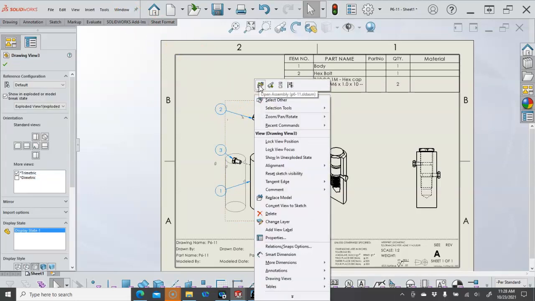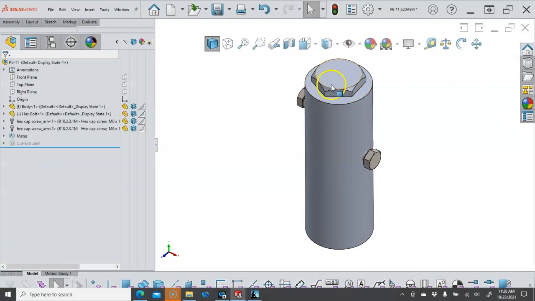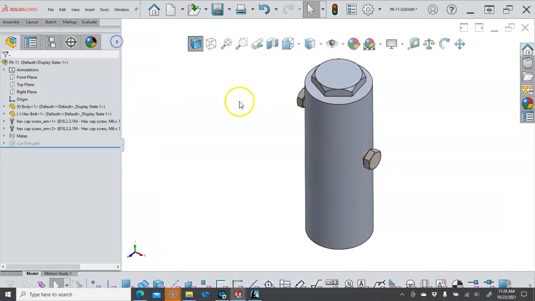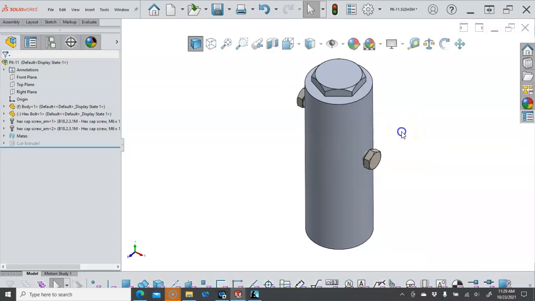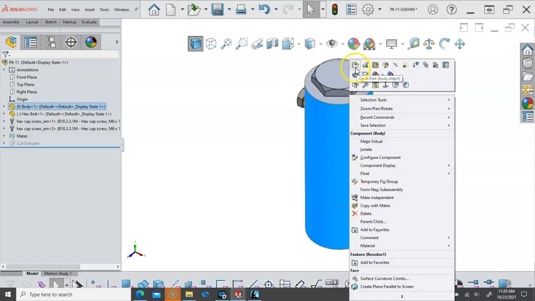Alright, so the other thing that it did follow it. Alright, interesting. So let's open the assembly back up. Go ahead and collapse that. Go over to my properties. Oh, this is in the assembly. So we need to open